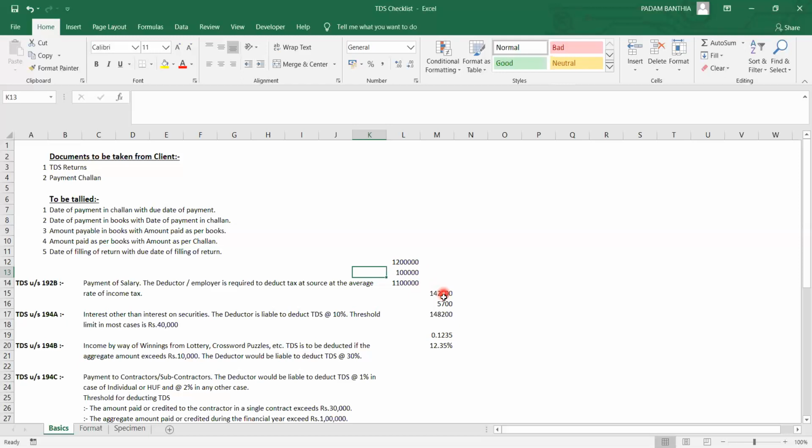And as per current slab, his tax will be 1,42,500. With adding education cess and higher education cess at the rate of 4%, which is 5,700, it will total to 1,48,200. And if we divide 1,48,200 by 12 lakh, his rate of tax becomes 12.35%, and hence the TDS is to be deducted at rate 12.35% on rupees 1 lakh per month.